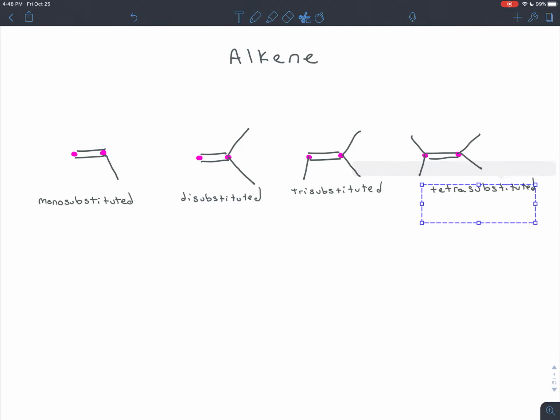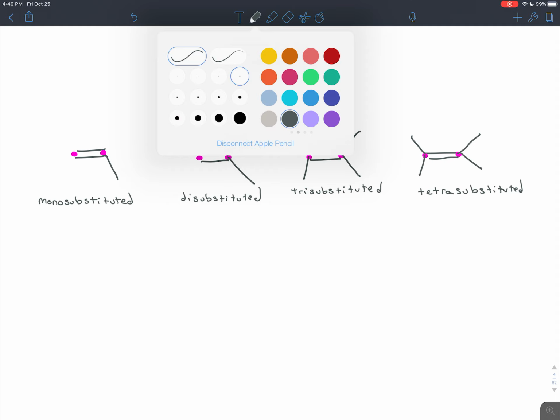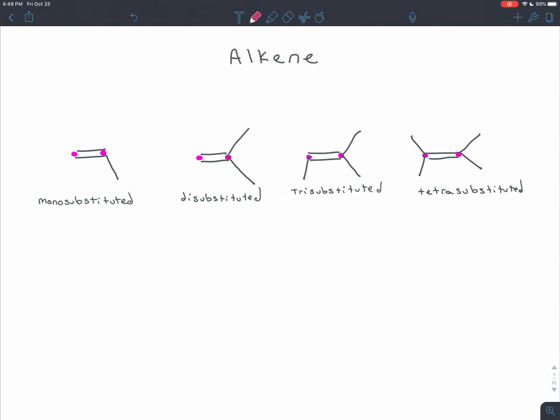Okay, so the significance behind these different classifications is they tell you the stability of the alkene. The monosubstituted alkene is the least stable, and the tetrasubstituted alkene is the most stable. The more carbons you bond to the carbons in the double bond, the more stable the double bond is. Now, if you want to think about why that is,